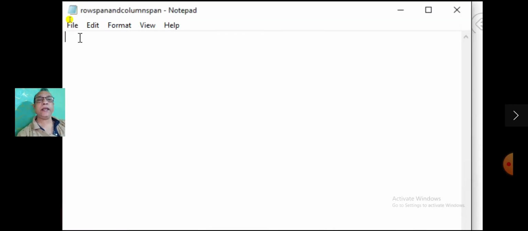Starting with the basic tags, the title of the program is rowspan and colspan.